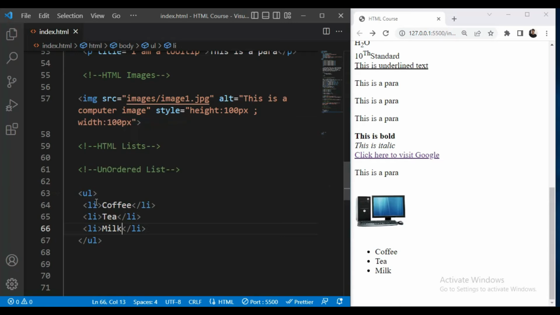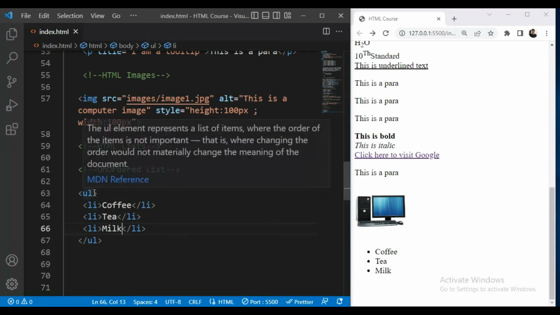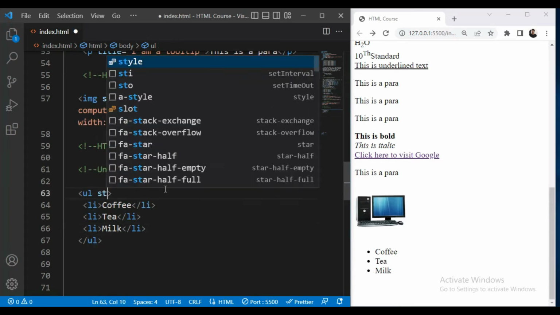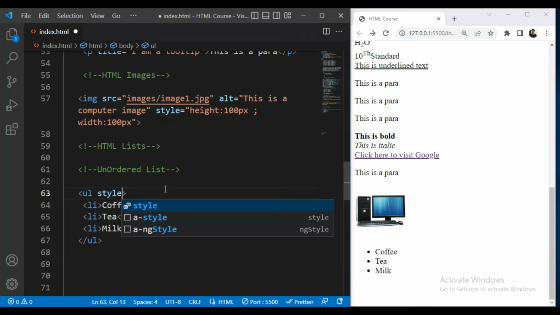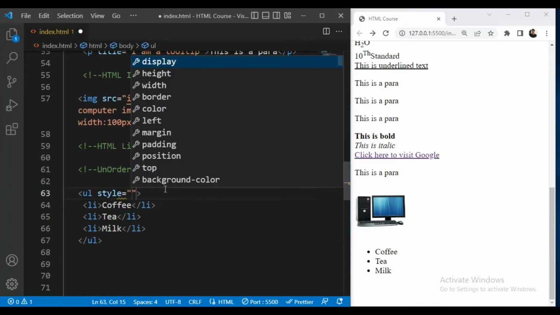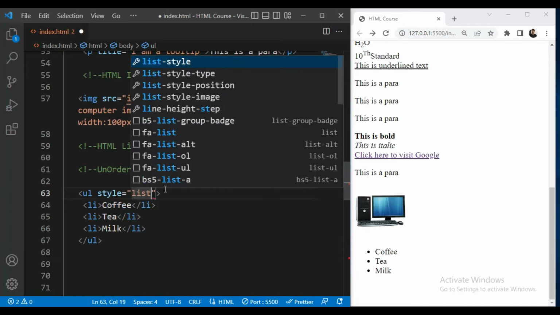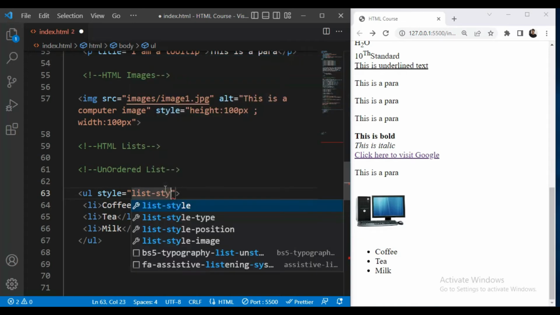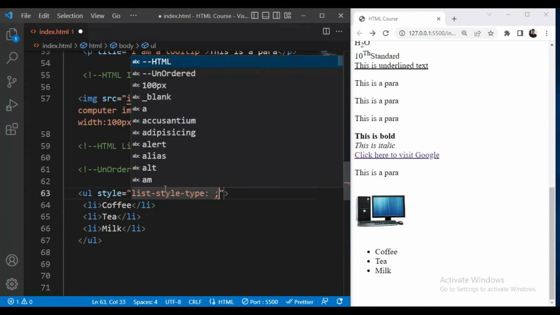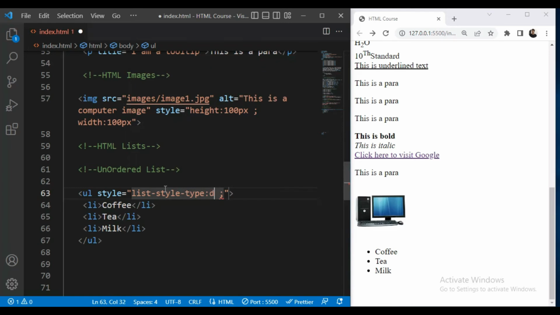Then we can also use some different styles. So for example, here I'll write style, and here I'll write list-style-type, and its value will be, for example, disk. So this is the disk by default.